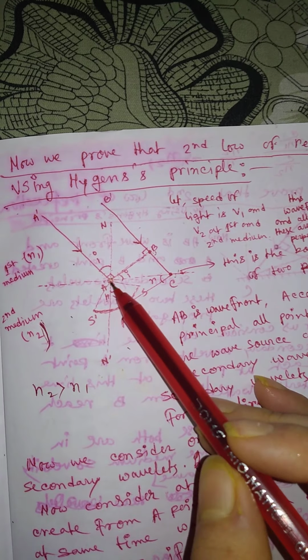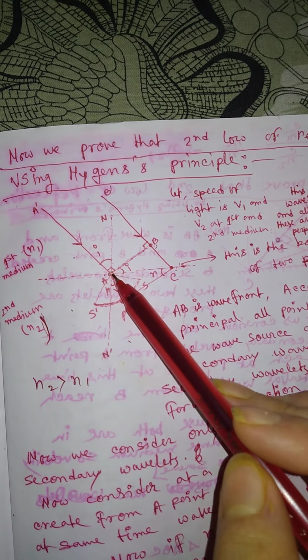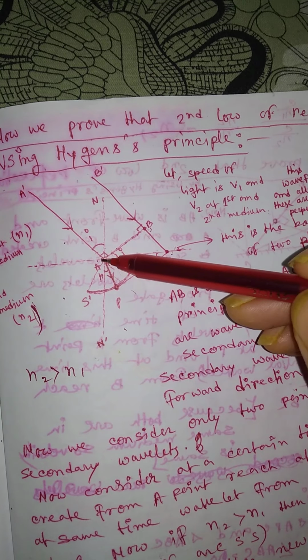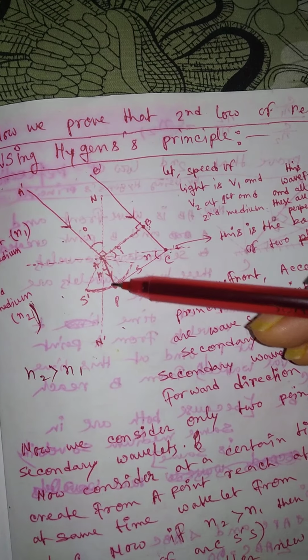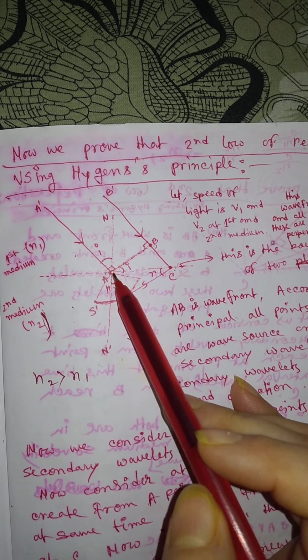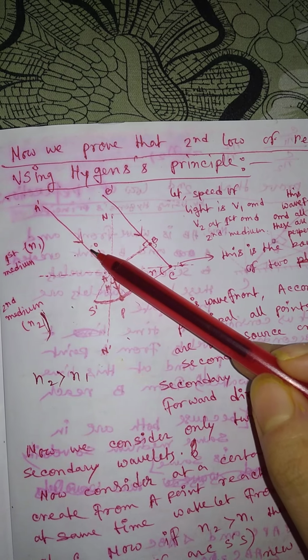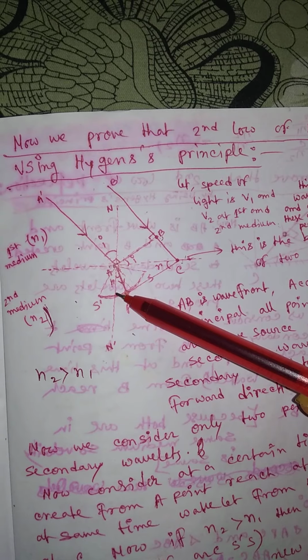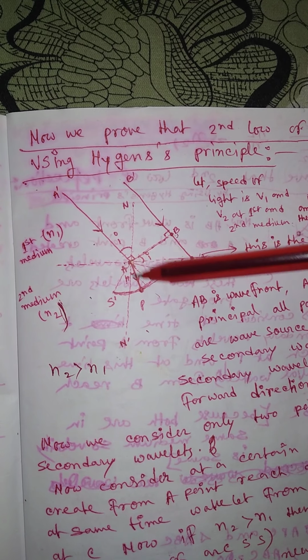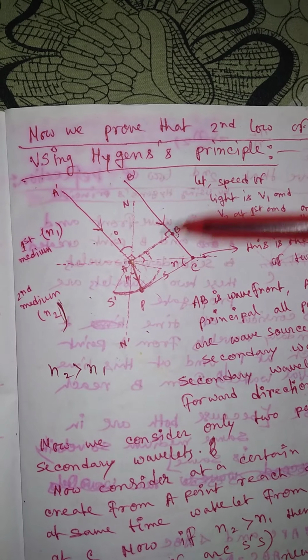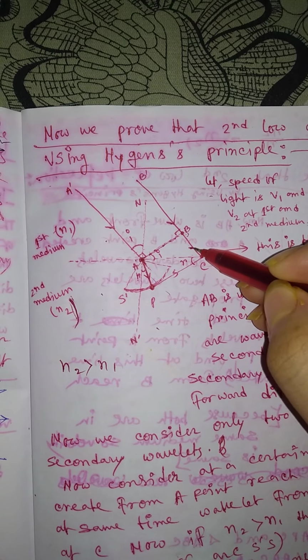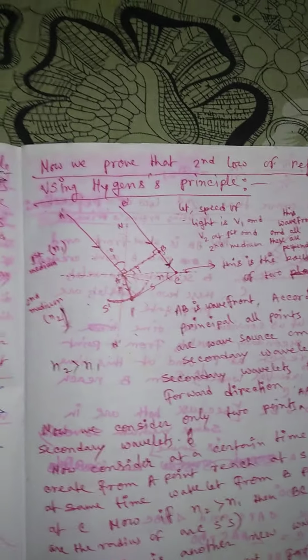Just look at here, after refraction, this ray is moving along this side, right? Because we know that if this is the actual direction of this wave, here the light travels from a rarer medium to a denser medium, that's why it bends towards the normal. So this is the direction of the A dashed ray, and the B dashed ray is moving along this direction, right?